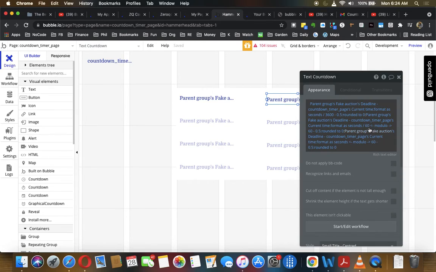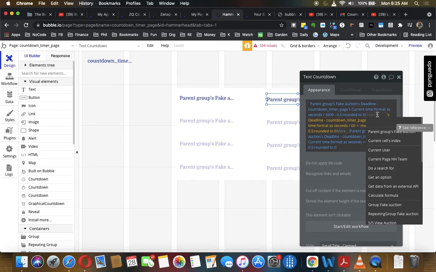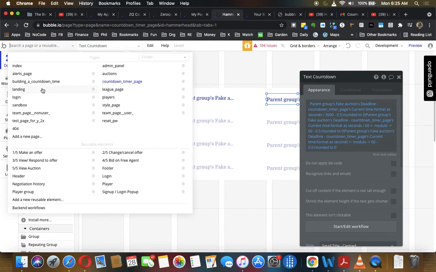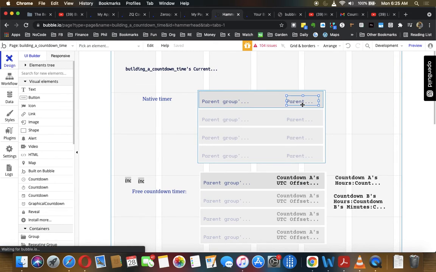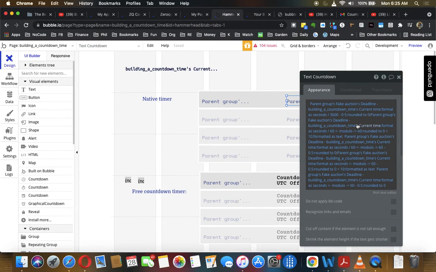So let's do that. So we'll need to find where the minutes start, which is here. So in here, we're going to squeeze a condition. And actually, we may have to redo things a little bit. It probably makes more sense if I just show you on the other page how I did it, rather than spend 10 minutes doing all the work here. So here under building a countdown timer, we'll go in here, and here is how I built out this